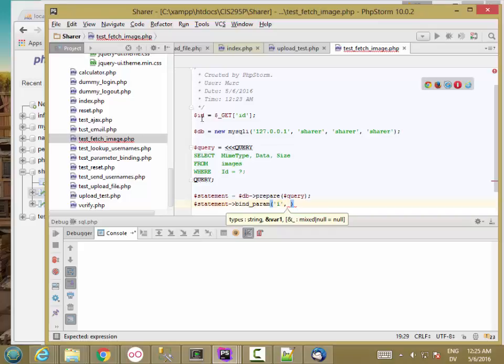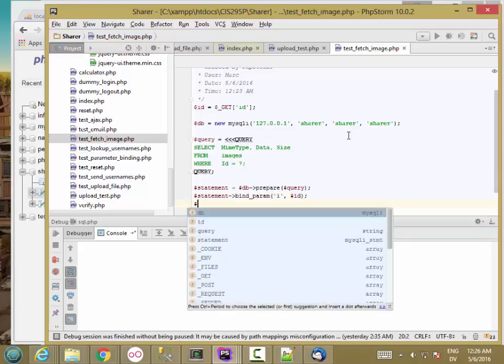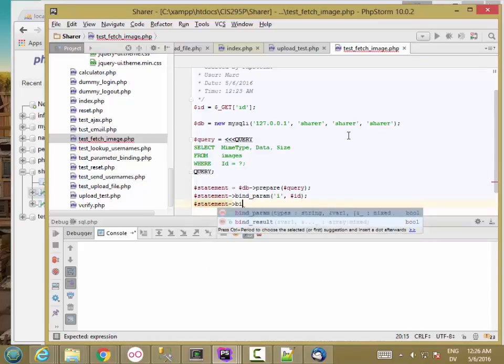Now I might actually have to explicitly turn this into a number, but we'll go ahead and try it this way just to see if it works. So bind the ID, and then statement pointer bind result,